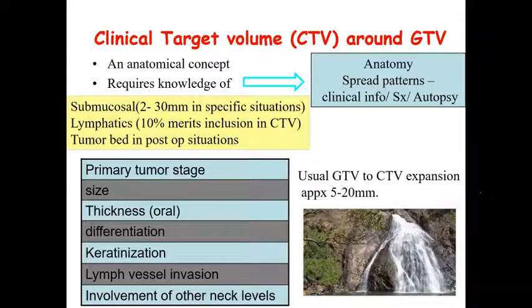Submucosal spread is something that we are going to talk about, and usually it is anywhere between 2 to 30 millimeters. 2 millimeters is very occasionally seen, and it is seen in tumors such as, the early,